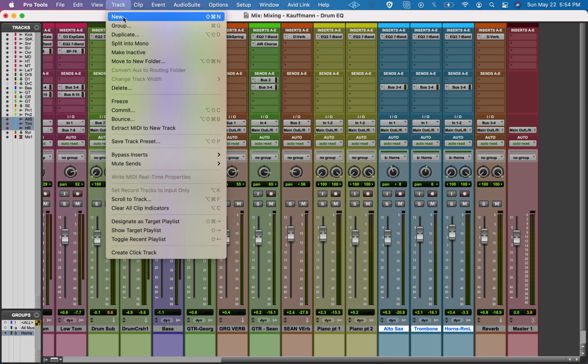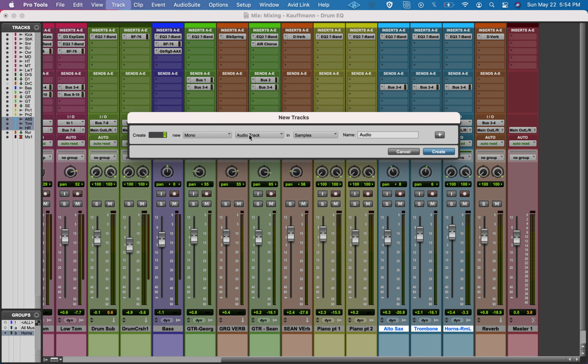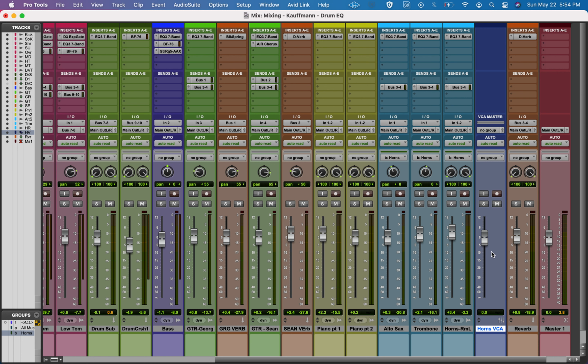I'm going to make a new track, which is going to be a VCA track. As soon as I hit this, you'll see that mono and stereo disappear because it's really unrelated. It does not pass audio. So it is simply a controller. I always forget VCA. Is it voltage control? But